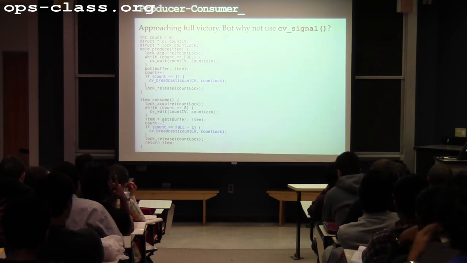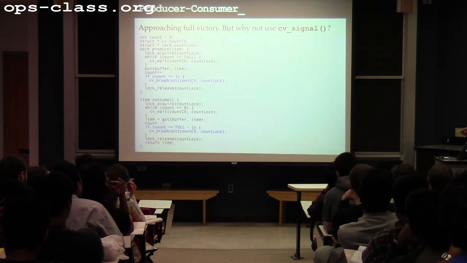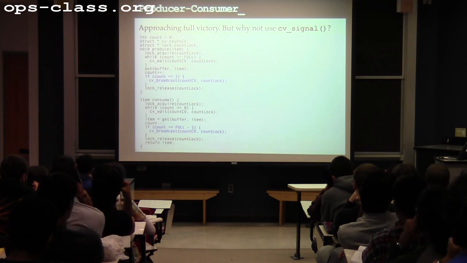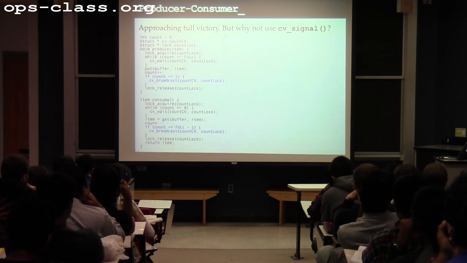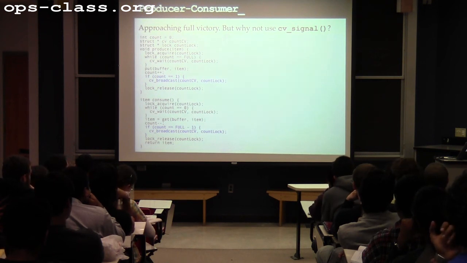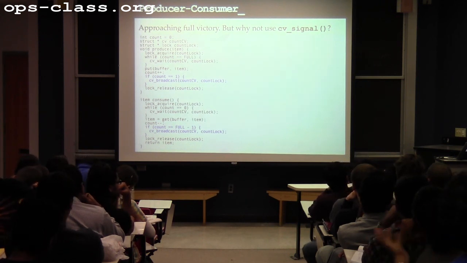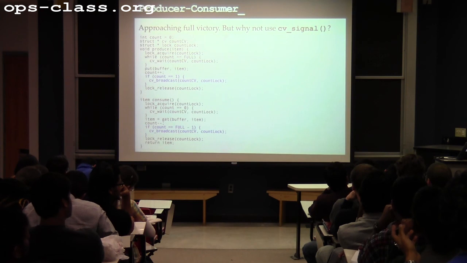So I was talking about the buffer being full. Oh, down here? Yeah. So it's the same thing. If there's only one spot in the buffer, then what will happen if I call broadcast is that every producer will wake up, but only one of them will actually fall through this loop. But, right? Also, all the consumers should also wake up as well,